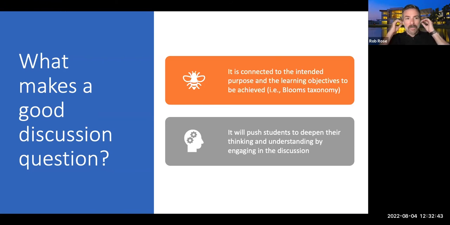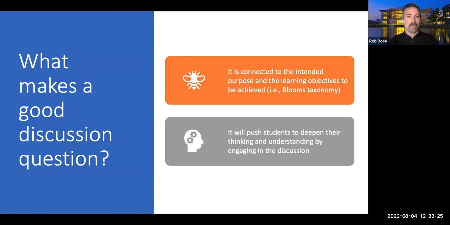There's not an official rule that says every module, every week, I have to have one traditional assignment and one discussion board, right? If that's something that you like, that's fine, but it's not a rule. And just because I have a question that's good, that's going to generate some reflection, it doesn't mean it's a question that's going to lead to discussion, right? So in the handout that I gave you, those question types, that Google Doc, analytic convergent questions would be a good example of this, right? This is the definition of these questions: ones that require analytic thought, but they lead to a single correct answer. Those would be best left to a traditional assignment.